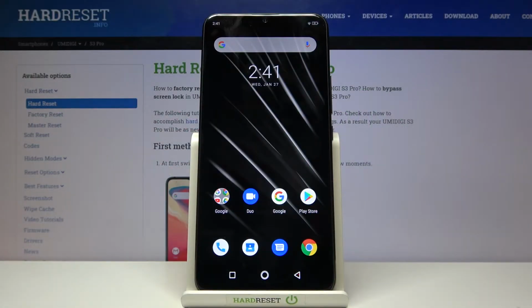Welcome, here I've got UMIDIGI S3 Pro and I'm gonna show you how to change aspect ratio in the camera